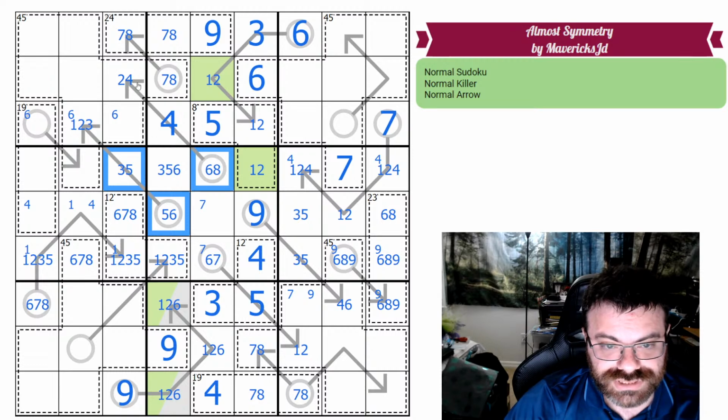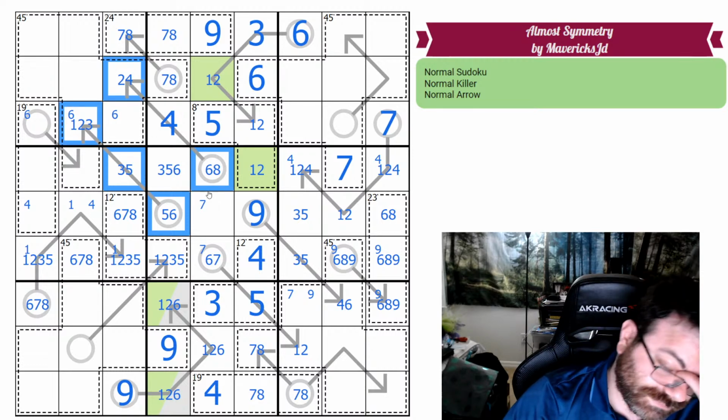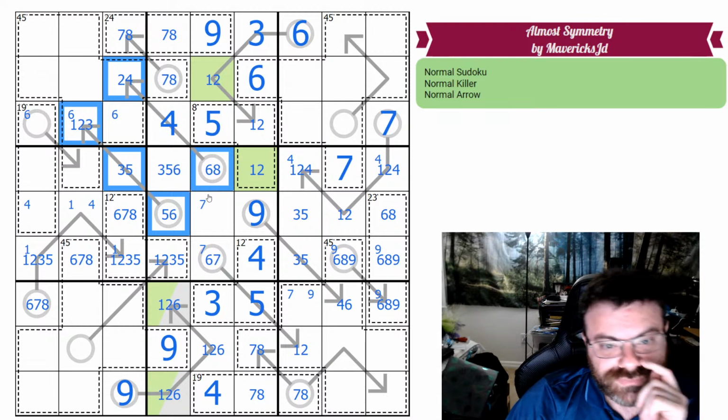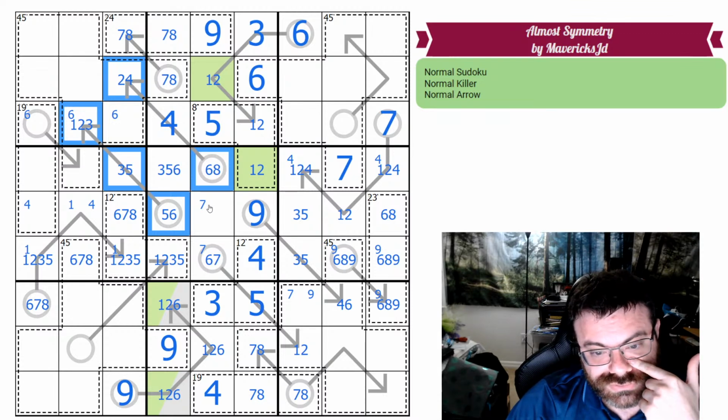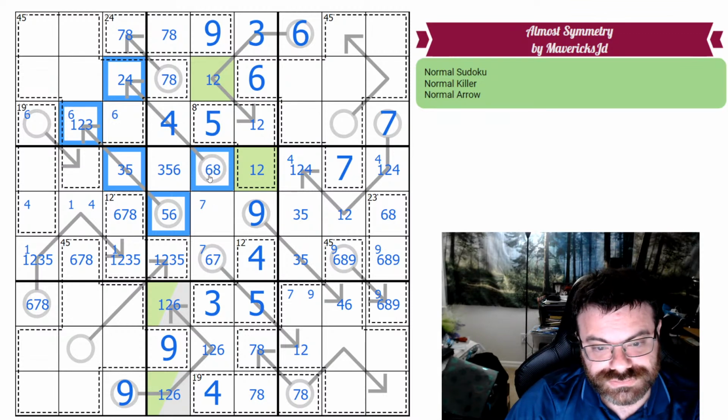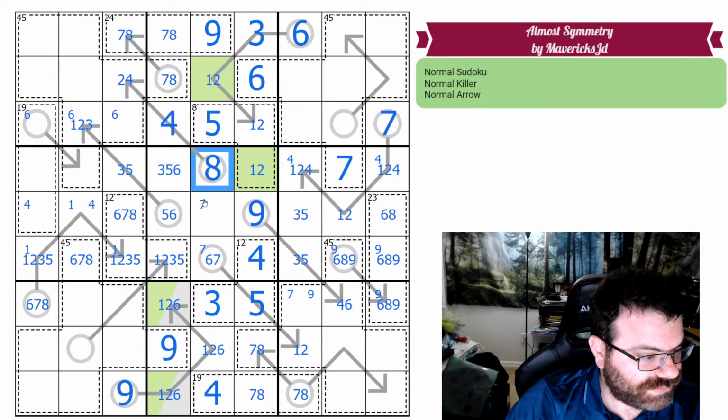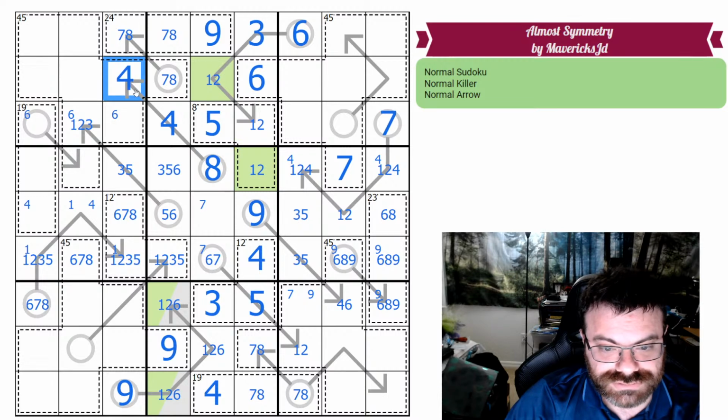It also, interestingly, puts 2 2s up here. So it breaks in 2 different ways. So this is an 8, 4,